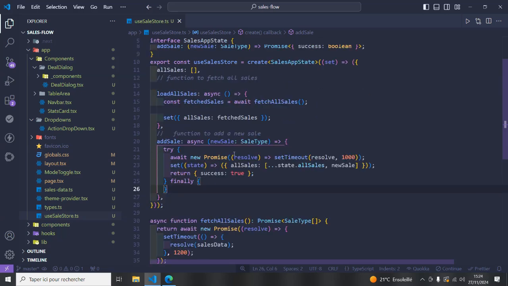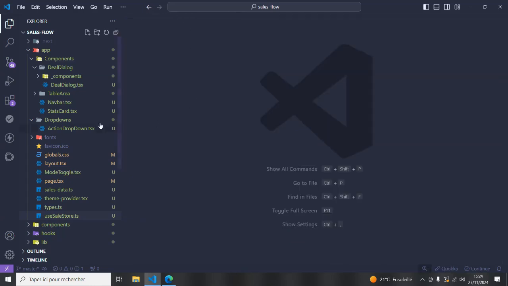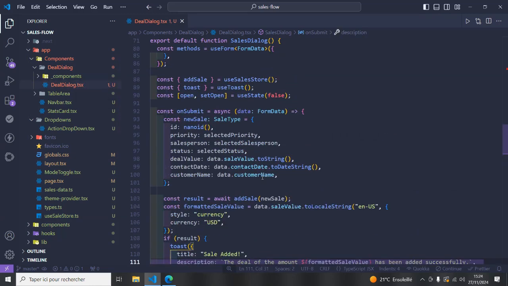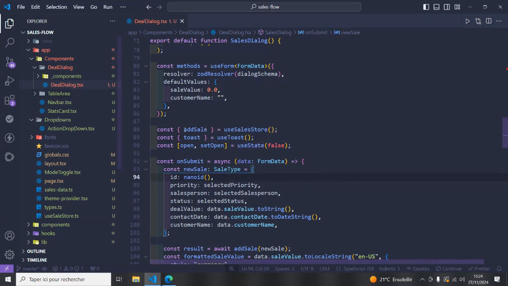So once we created our use sales store, and we know now how we can use Zustand, the second thing that we're going to do is some modification inside the deal dialog. Before I start showing you this inside the deal dialog.jsx, I want to show you how to use the all sales array that we created